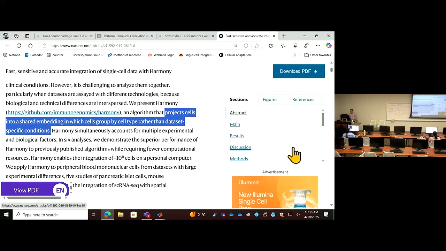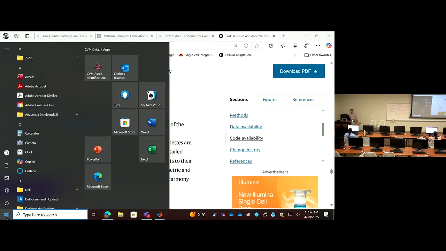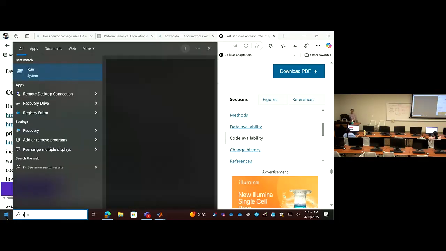Okay, so let's see how we can use this method in MATLAB here. So let's try to get the available code. So this is where the source code is, in R, okay? So let's see, we need to have R prepared. Remember, you have installed R. So the R is here,